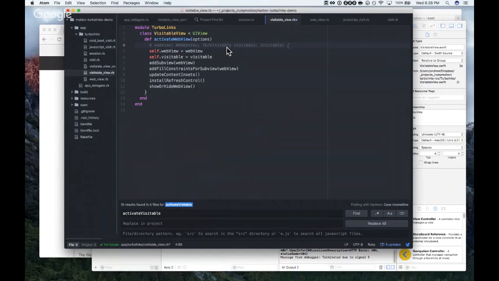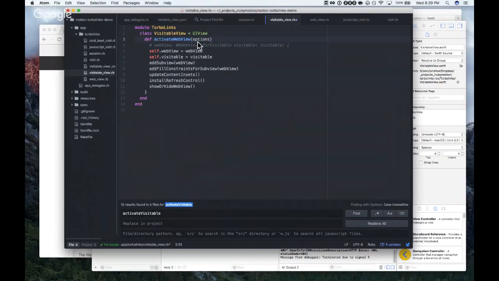I was going to suggest that instead of options, you could do the web view and just remove colon WK web view colon, and then do the for visitable colon visitable. Yep, it's true.